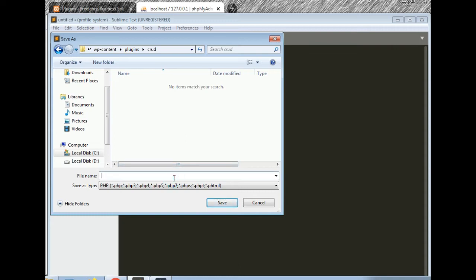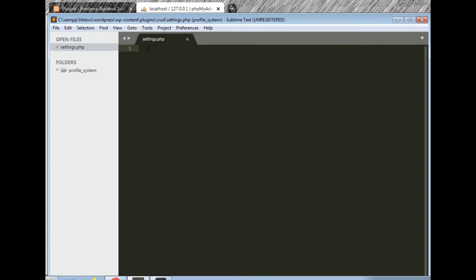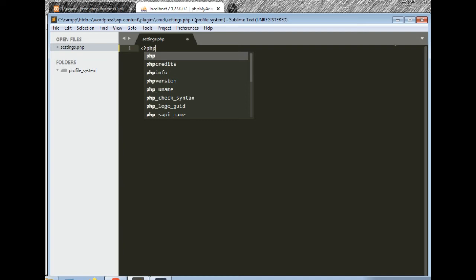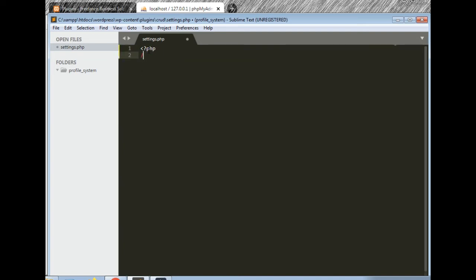Inside CRUD I write settings.php. Okay, this is the file name, this is settings.php. Okay, now for a WordPress plugin, the first line is PHP, the second line is comment start and comment end, and we should write plugin name. Plugin name is